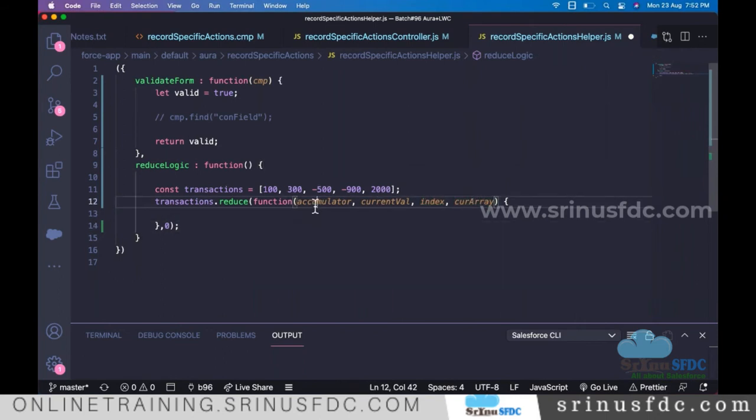If you want to know exactly what all these things are getting, we can use console.log to print all these values and see, so that you will understand how exactly it is giving these values. Comma, index, comma, and the current value.